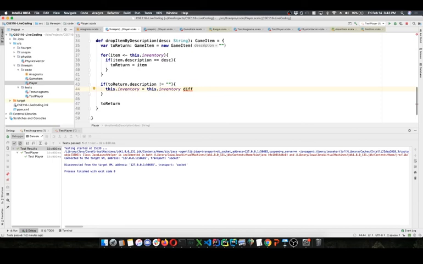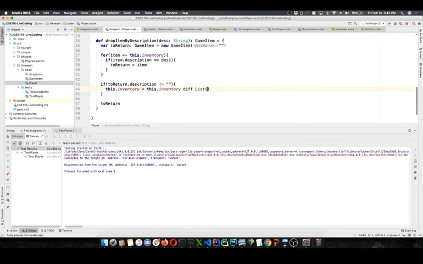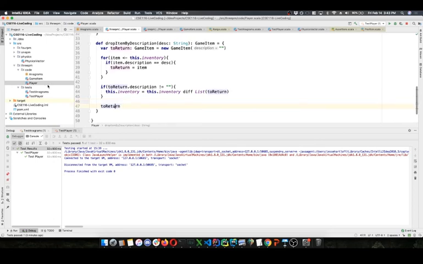Diff, list of to return. So this is going to remove that item to return. If you didn't know how to do that, don't feel bad. I didn't know how to do it in the 1 p.m. Removing from list just isn't something I find myself having to do very often. So I completely blanked on it. I came up with that hacky solution that you saw in the other one, but I looked it up. Diff is the way we can do that. And then we'll return to return after updating our inventory.